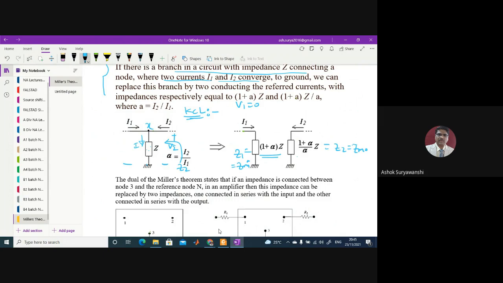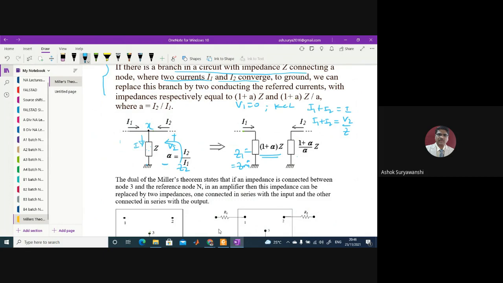As this V1 is going to be short on this side, V1 being 0 doesn't mean that I1 is going to be 0. So again we can apply the KCL. If you apply the KCL, then what will be the equation at X node? It is again going to be I1 plus I2 incoming equals to I. But now here I is going to change. So it is I1 plus I2 equals to V2 upon Z. And now we can simplify this.